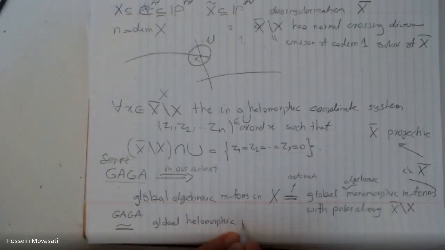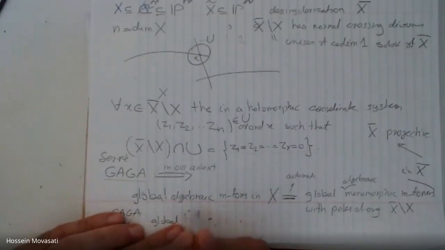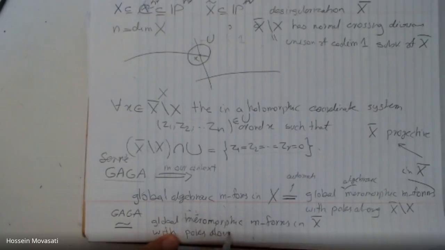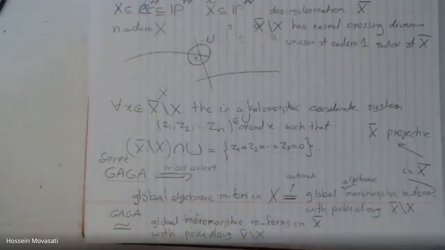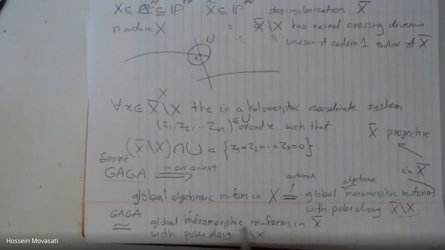Now I can use directly meromorphic N-forms in X bar with poles along X bar minus X. So once you can consider algebraic N-forms on X bar with poles along this divisor, and another time you can consider an apparently bigger class, holomorphic meromorphic N-forms with poles along X bar minus X. And Serre's GAGA in this context says that if X bar is projective,